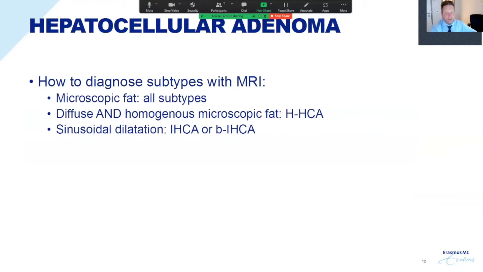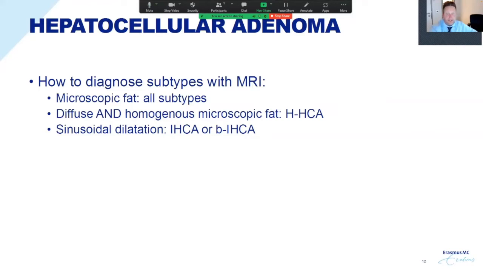Now that we know the clinical features and the presentation of adenomas, it would be interesting if we could differentiate the different subtypes with high confidence. However, this seems quite a difficult task currently. There are 2 features, however, which are very reliable. These are first,